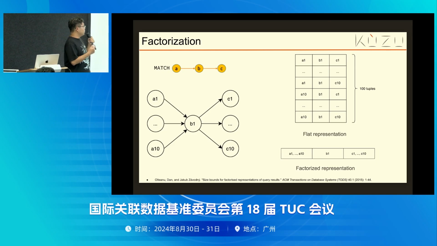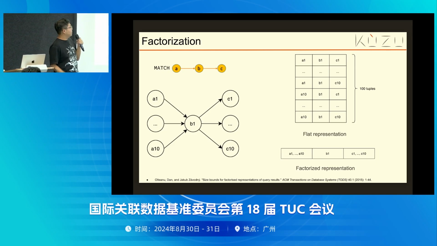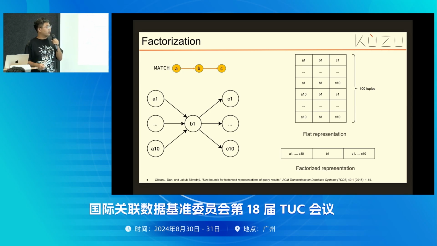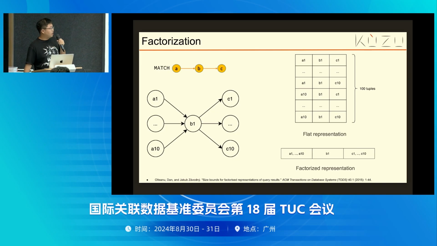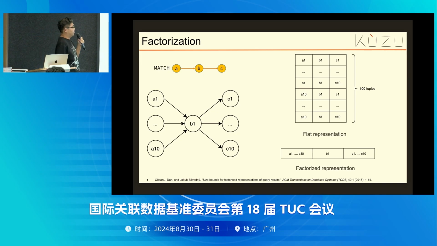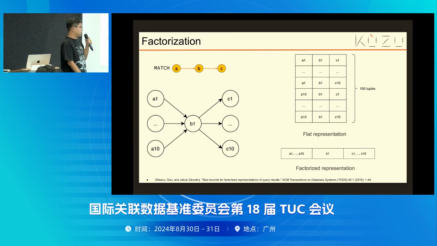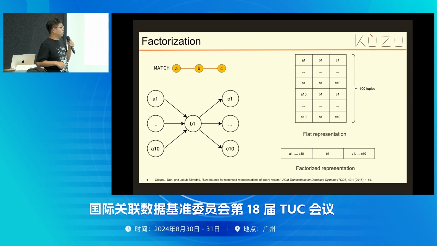However, if you are able to exploit the fact that A and C are conditionally independent for a given B value, there's a much more compact representation that you can use, which is what we call a factorized representation. Instead of keeping a single value in each entry, you could keep a list of values in each entry of your tuple.